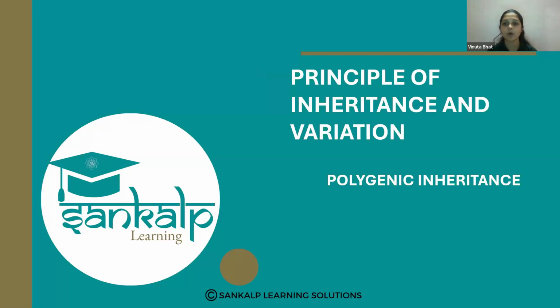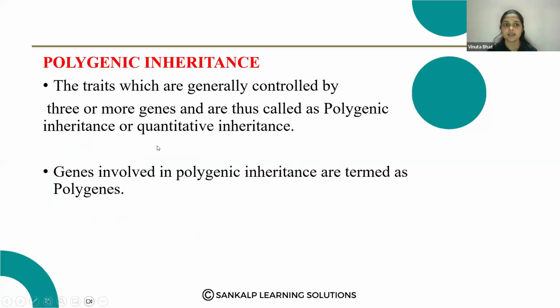Let's study about polygenic inheritance. What's the meaning of polygenic inheritance? The traits which are generally controlled by three or more genes are thus called polygenic inheritance or quantitative inheritance. So just imagine there is a trait, for example,